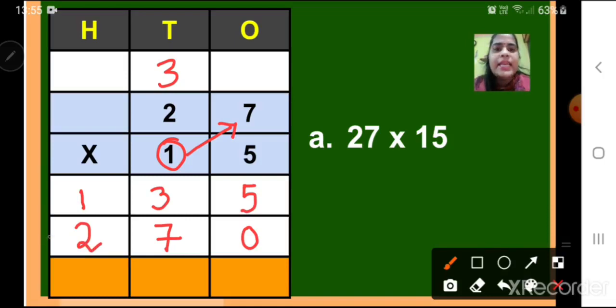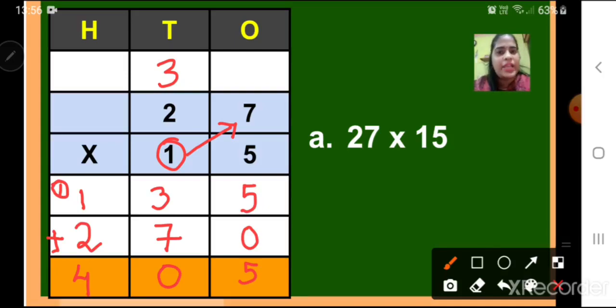It is very easy and very simple. Go slow, children. The last step is to add. Correct? Now we are going to add. Addition also starts from the ones place. 5 plus 0 is 5. 3 plus 7 is 10. So 1 will be carry over and I will write 0 at the tens place. After that, in the hundreds place we have 1, the carry over, plus 1, which is 2, plus 2, which is 4. So I will write number 4 in the hundreds place.